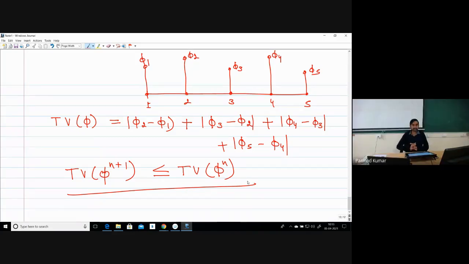Okay, so the total variation of phi at time level n plus 1 should be less than or equal to the total variation of phi at time level n, then only our scheme will be total variation diminishing type. Okay, so now this particular scheme has different conditions on the R-psi diagram, which defines specifically the domain where our schemes are completely stable, and the domains where, along with the stability, we are also having the higher order of accuracy.